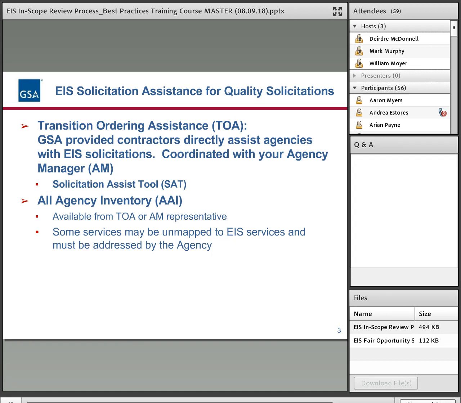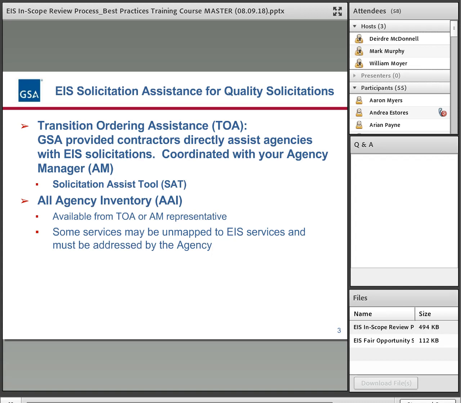And if you want to know more about that, you can speak with your telecom agency manager. Also, TOA can arrange to use the solicitation assist tool, which we'll mention shortly.